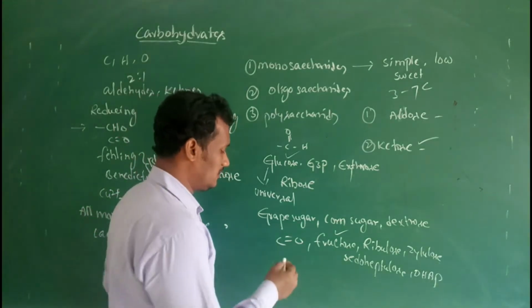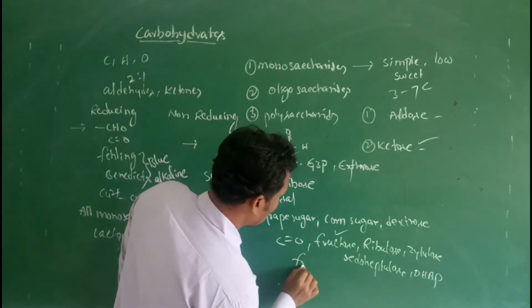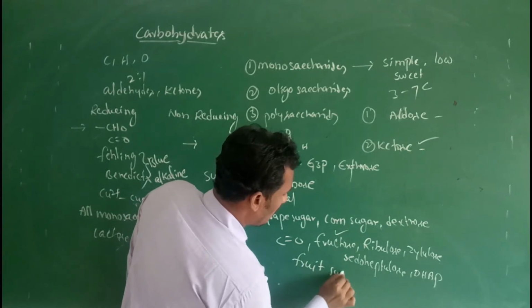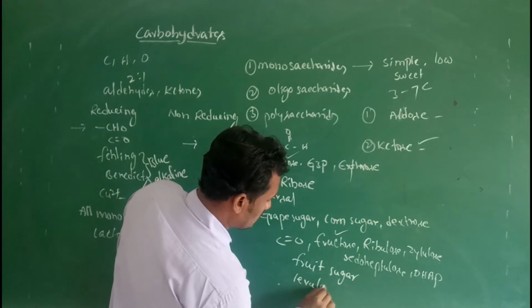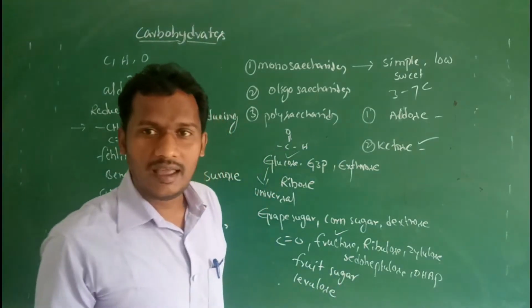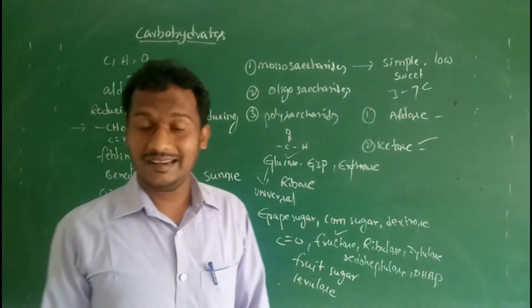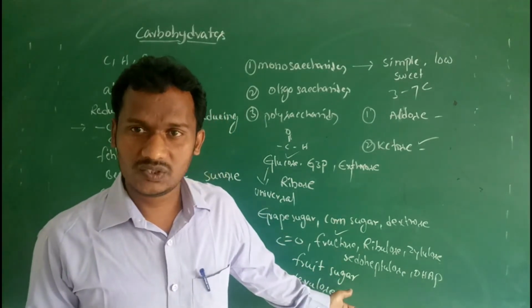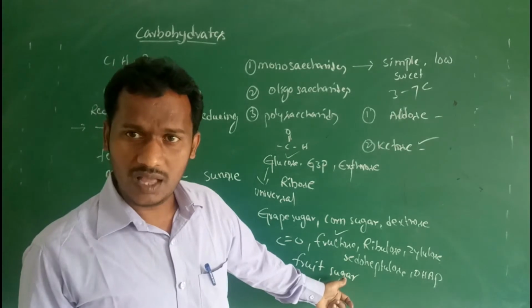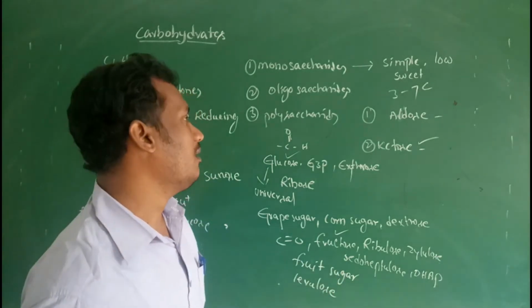Fructose is fruit sugar, also called levulose. Fructose, the naturally occurring sweetest sugar, is a fruit sugar. Next one, based